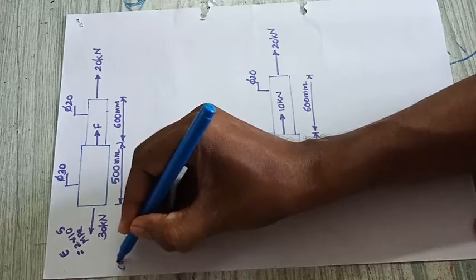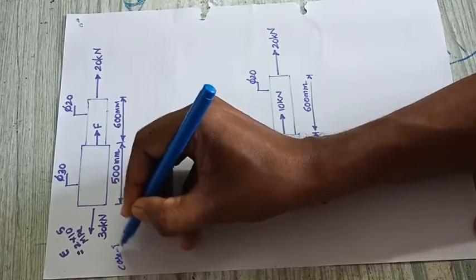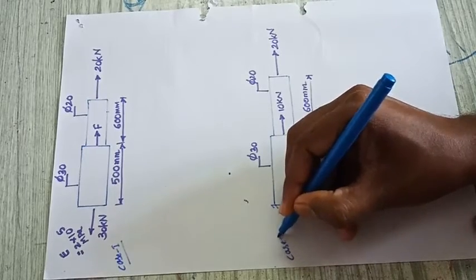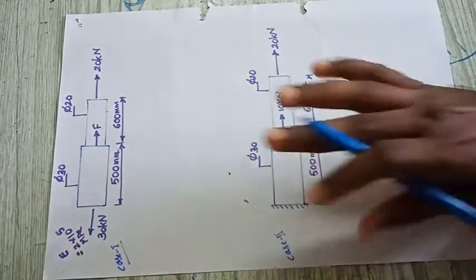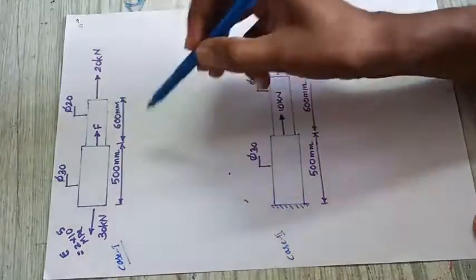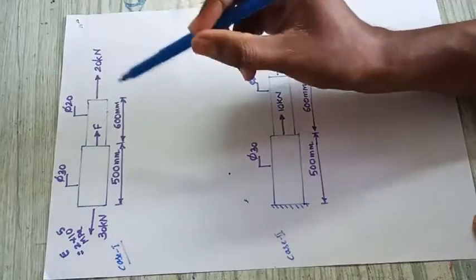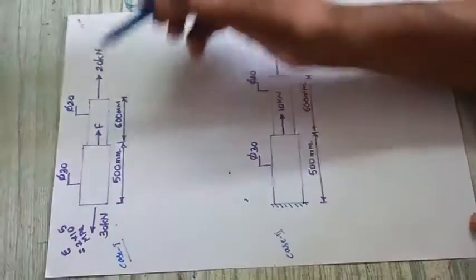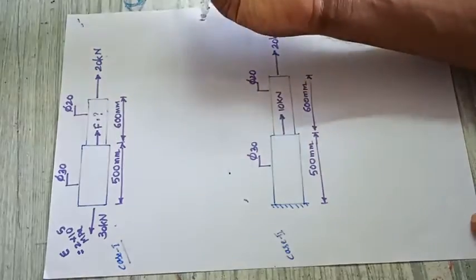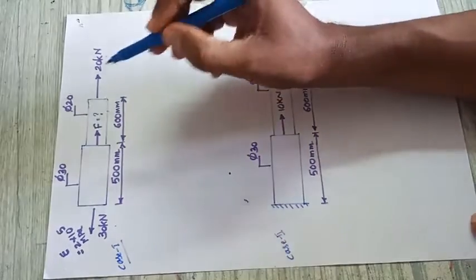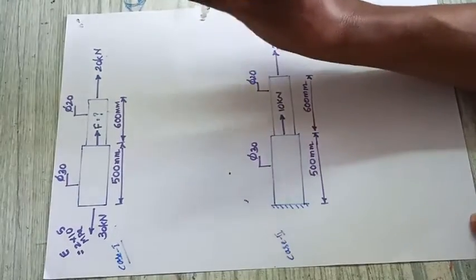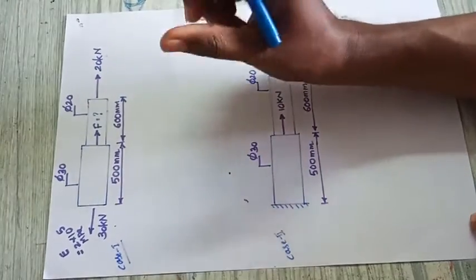This is case 1, and this is case 2. Just see, it is the same problem with only a small change. Here this bar is experiencing 3 forces: 30 kilonewton, 20 kilonewton, but one force is unknown. This force we have to calculate. We know that it is 10 kilonewton, but how to find that out?